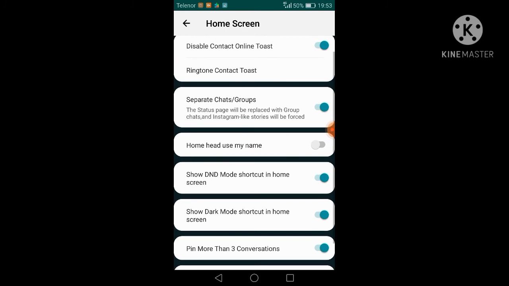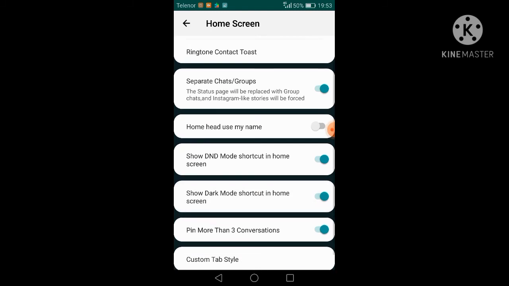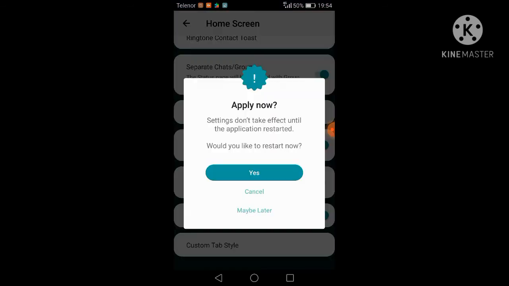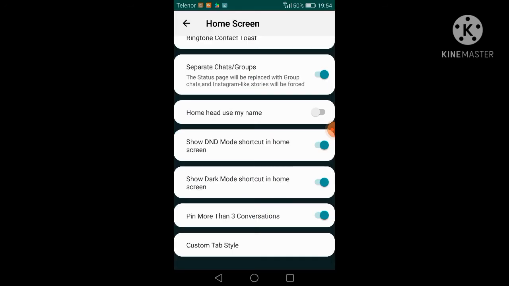If you don't want disturbance, just turn this on, then no one can disturb you. DND mode can easily be turned off here. Show dark mode, this is the dark mode and the white mode, but okay, I want to turn on this option.